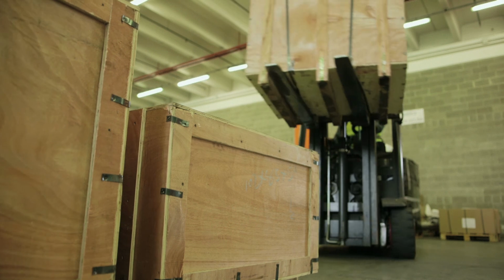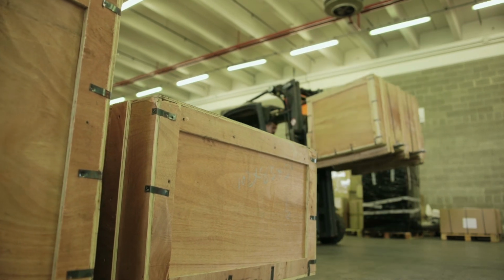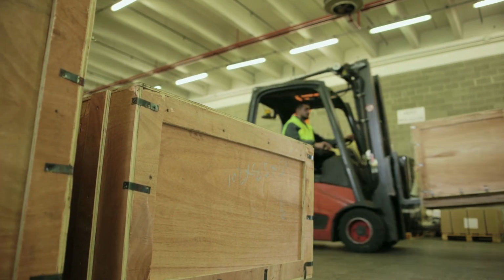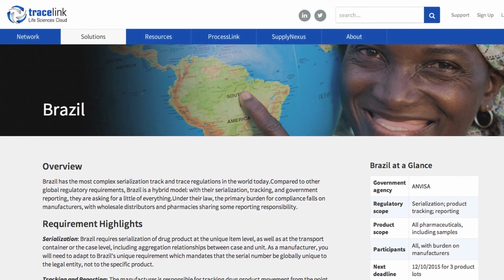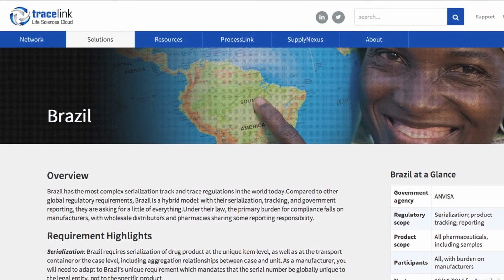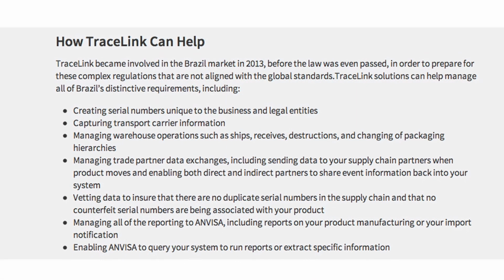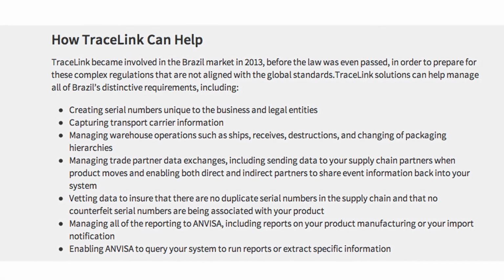Every time, as a manufacturer, your product flows from wholesaler to pharmacy, say, wholesaler 1, wholesaler 2, and pharmacy all have to send back data into your system. You have to think about, how am I going to connect, not just to my direct trade partner network, well I know who those are, that's hard enough. How am I going to connect to my indirect supply chain partners? This means anybody else in the Brazilian supply chain who might purchase my product. So how do I enable the ability to be connected with them, because they're going to